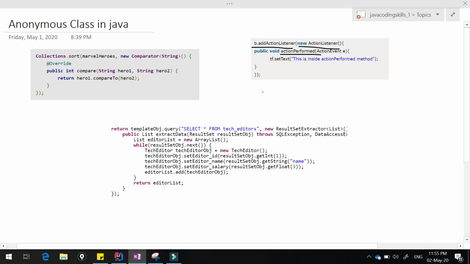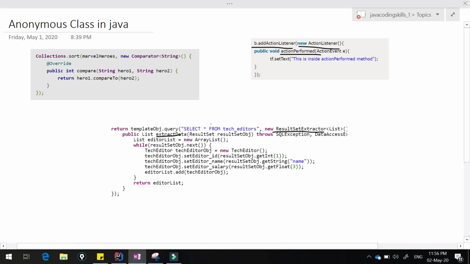Or if you're familiar with Spring JDBC, we frequently use a new ResultSetExtractor and create our own custom object while overriding this extractData method. So if you follow this style, it means you are aware of anonymous classes in Java.